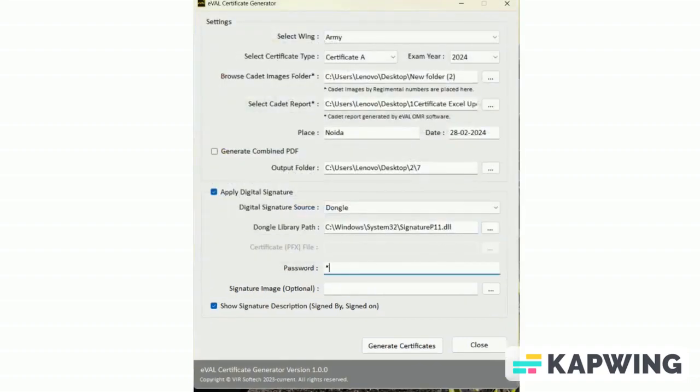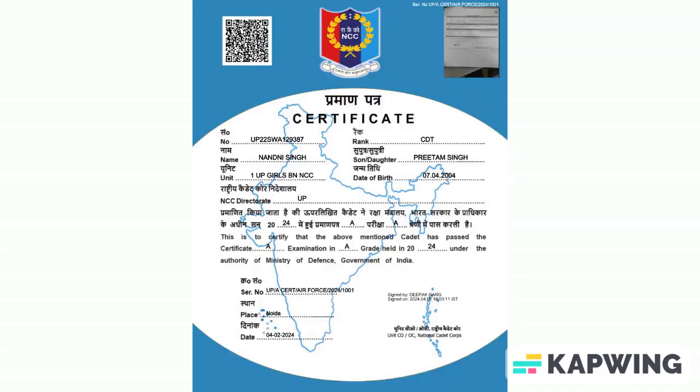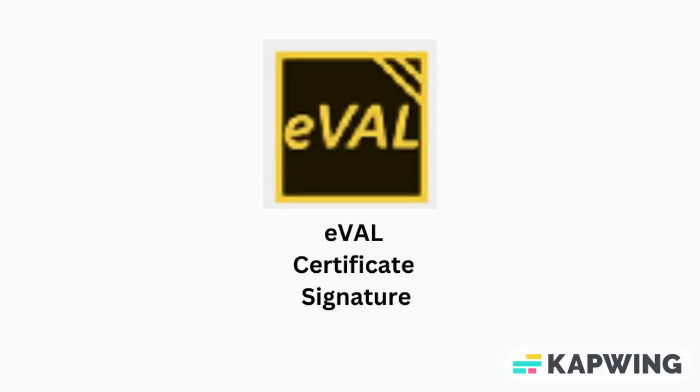Enter the password in case it is applicable and then click on the Generate Certificate button. Go to the folder where the certificate is saved and check if the digital signature has appeared on the certificate. In case you have missed out on adding the signature to the certificate, you can do so by using the